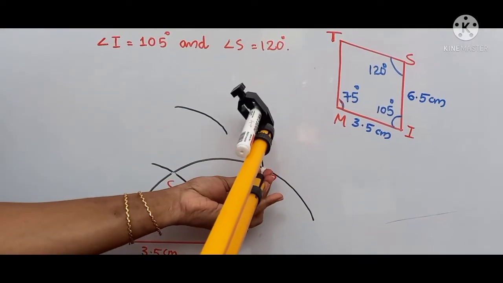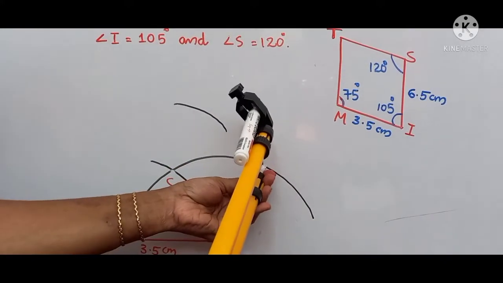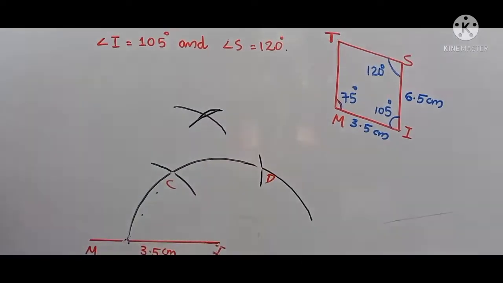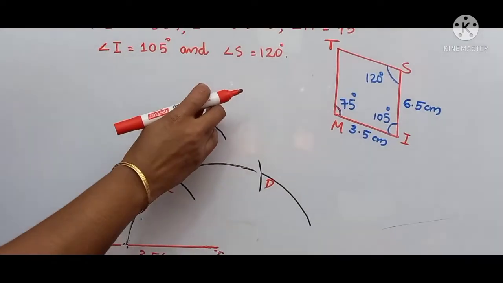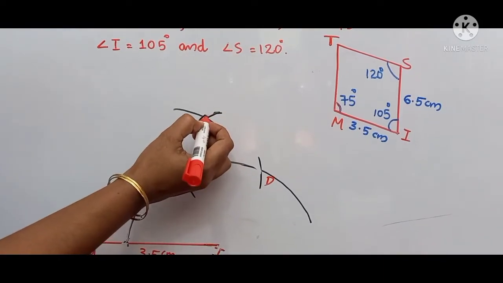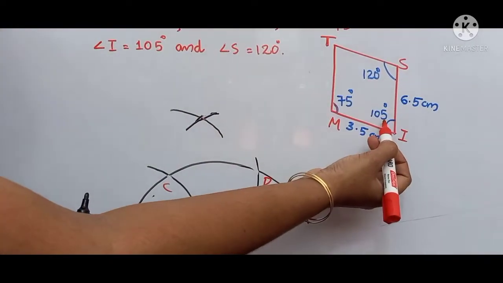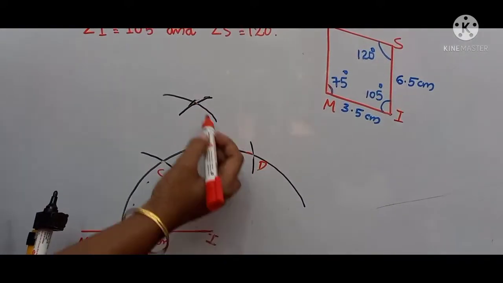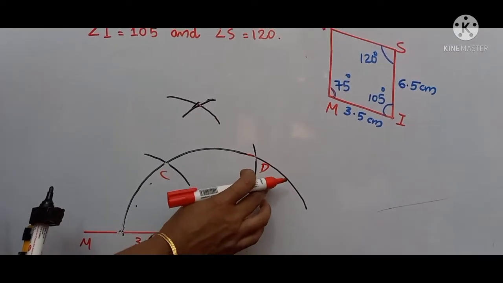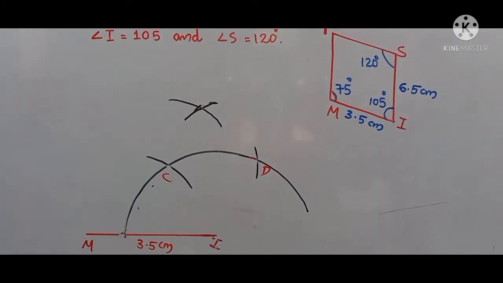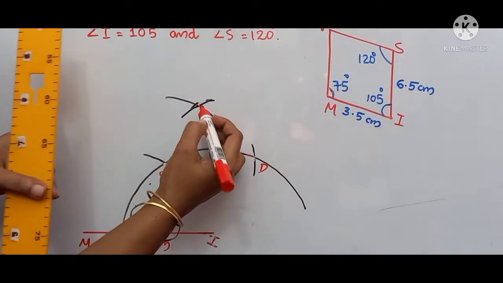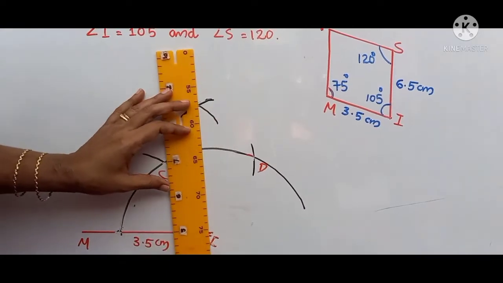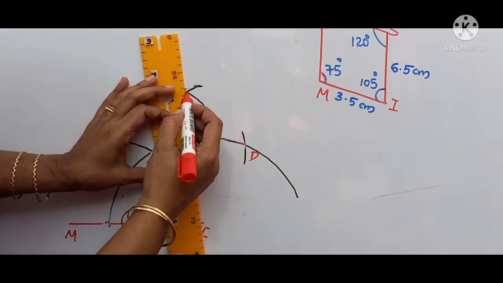Similarly, pointing on D also, without changing that width, we draw one arc here. Now we have got the point of intersection of these two arcs. This is 90 degree, but we need a 105 degree angle. So the 105 degree angle will come between that 90 and 120 degree. But we cannot choose this arc for that, this one and this one. We have to find that 90 degree on this main arc that we first drew here.